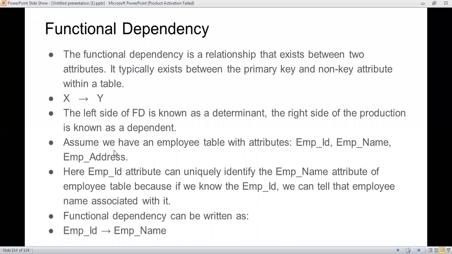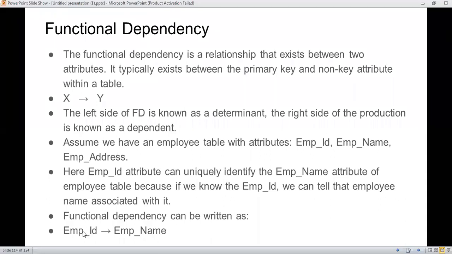Assume another example, an employee table with attributes employee ID, employee name and employee address. Here the employee ID attribute uniquely identifies the name as well as the address. So the functional dependency is employee ID determinant employee name.